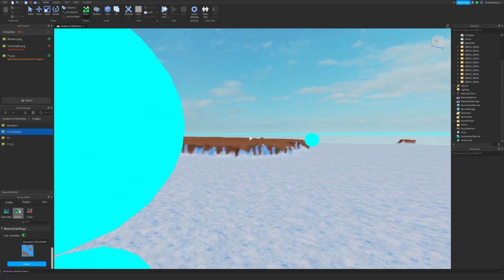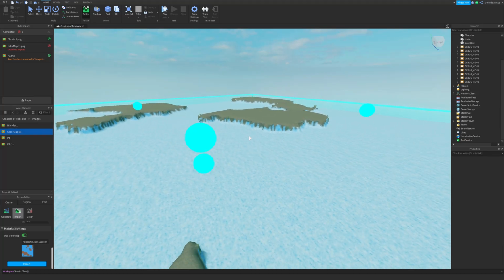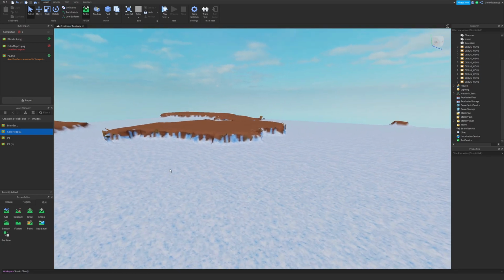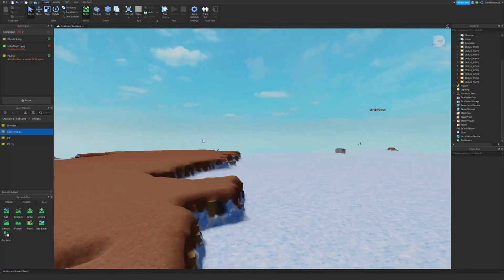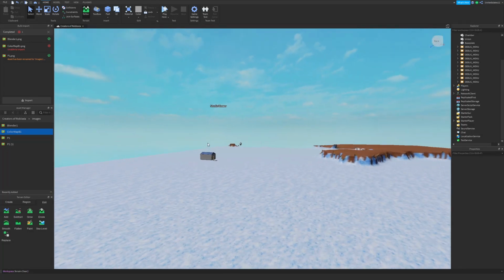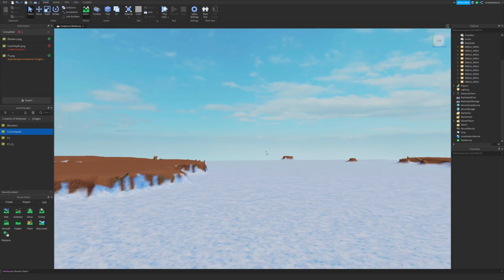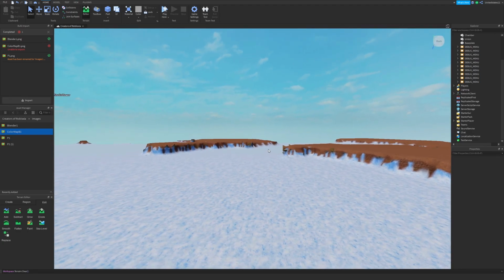And as I expected, it turned into ice instead of water. I don't think water can be added through a color map, so we'll have to do sea level over here, or we can do region, select, and fill with water. Even though that might, I'm not sure, it might erase some of the land. I hope it doesn't. But now I'm going to show you guys what happens if you make it an absolute grand scale, huge, realistic, where you could take a year or probably an hour to walk across the entire thing. So let's go ahead and do that now.